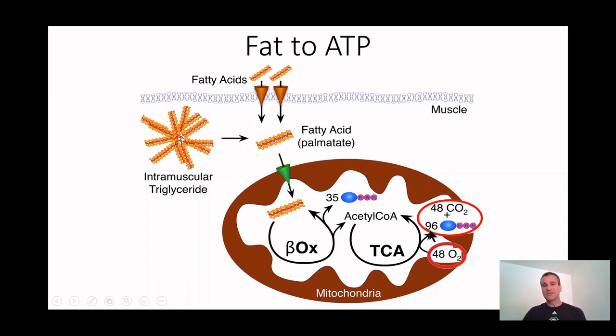You're going to need 48 oxygens, and you're going to produce a whole lot of ATP and a whole lot of carbon dioxide. So again, this is going to take longer than getting carbohydrate to produce ATP, because carbohydrate can produce it really quickly through glycolysis, or it just goes through the TCA cycle. Here we have to go through cycle 1, beta oxidation, around and around. Cycle 2, TCA cycle, around and around. As a result, we're going to need more oxygen to break down fat, and it's going to take longer.